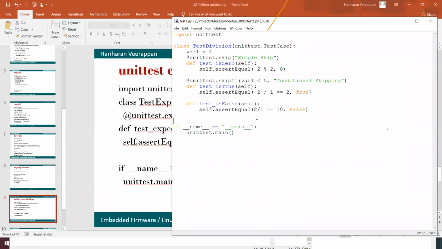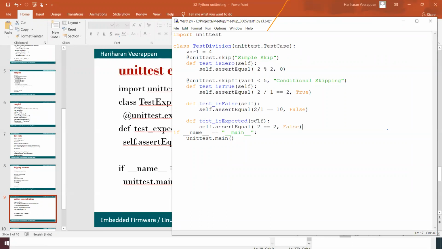I'm going to define def test_is_expected of self, and self.assertEqual, two equals to is false.